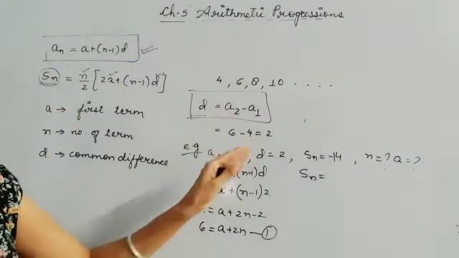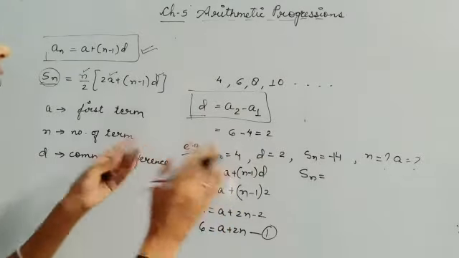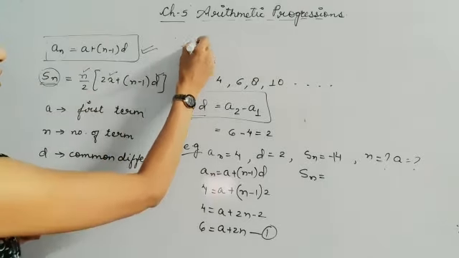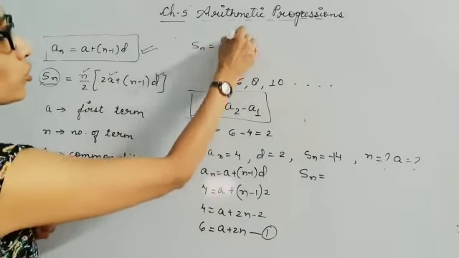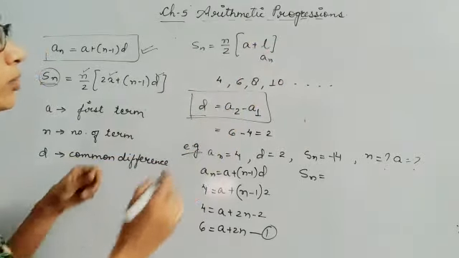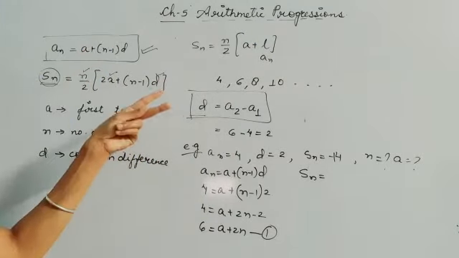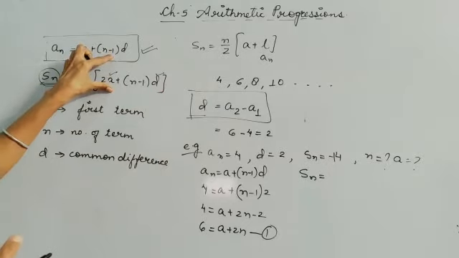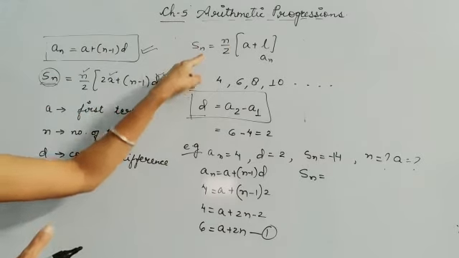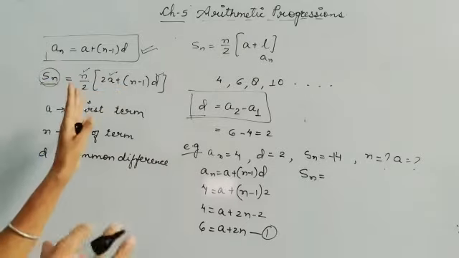Now here one thing is to be noted, that whenever the first term and the last term are known to you, you can always apply a formula which is to be used in special cases, that is Sn equal to n by 2 into (a plus l), where l can also be written as the nth term. So I told you in the beginning that this chapter revolves around just two formulae. This one is to be applied in special cases when the first and the last term are known to you. Okay, this other formula is applicable everywhere.